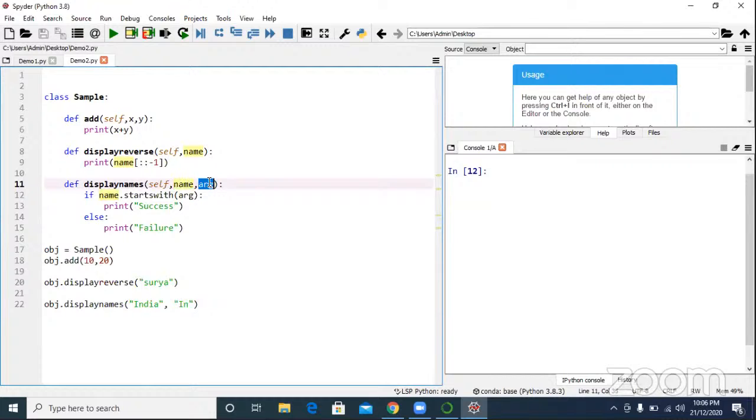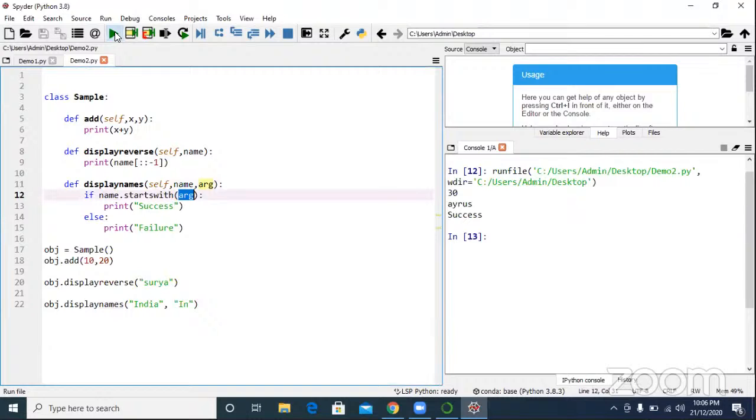What is the arg value? IN. What is happening inside? India starts with IN. Correct or not? Yes. That's why. Execute. Are you getting it?